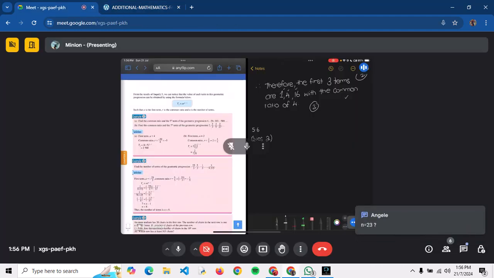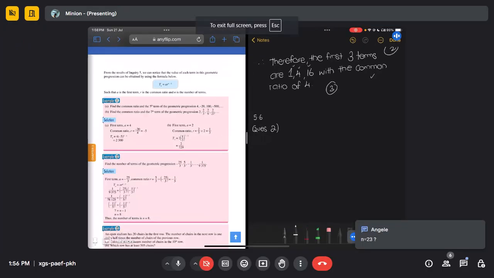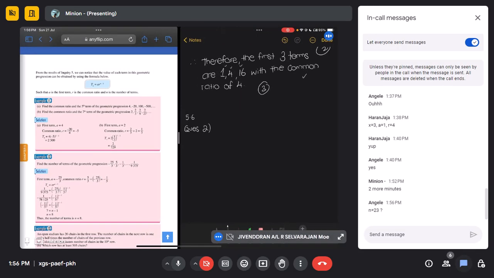So the diagram on the right shows a ball bouncing on the floor. The maximum height of the bounce of the ball is 3 meters and the height of each bounce is 95% of the previous bounce. From which bounce onwards will the height be less than 1 meter? So, the sequence